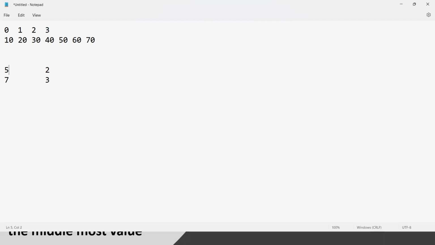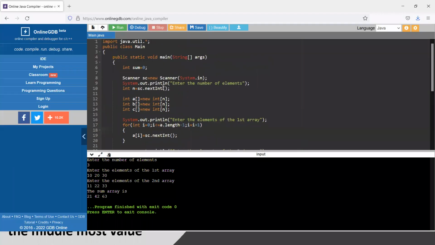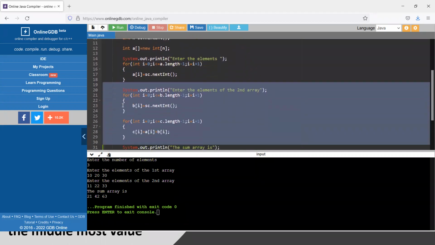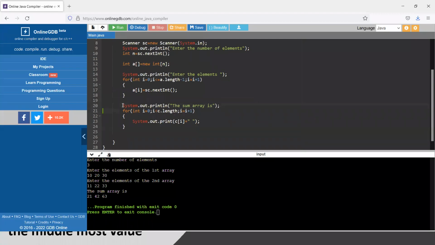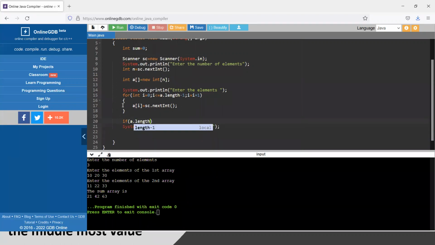So if the length is odd, I can simply divide it by 2. 5 by 2 means 2.5, but as it is an integer, it will hold 2. 7 by 2, as it is an integer, will not hold 3.5, it is only 3. So for this question, let me delete all this. I do not need B and C anymore, and do not need the sum. So here I will simply print: if a dot length % 2 equals 1, meaning the length of the array is odd, the middlemost element is,